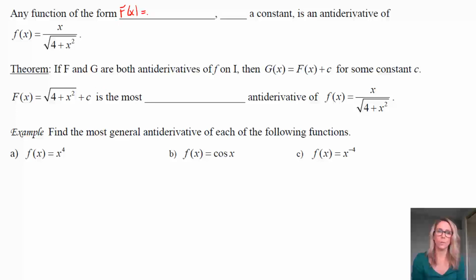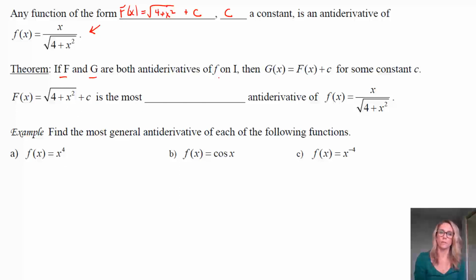equaling the square root of 4 plus x squared, when we just add a c, and this is very common, adding a c being a constant, that's the antiderivative of that thing that we were looking at before. And what we want to understand is, let me do the theorem first here. If you have big F and big G,